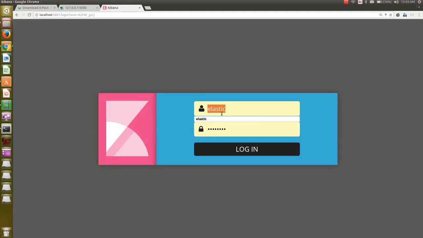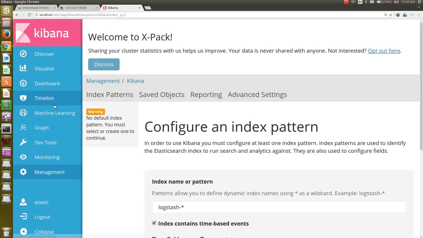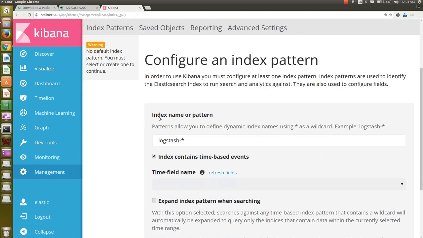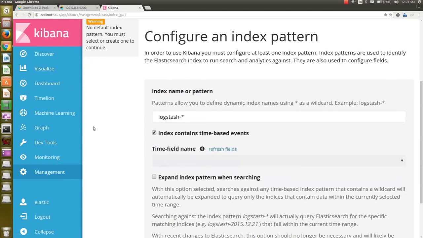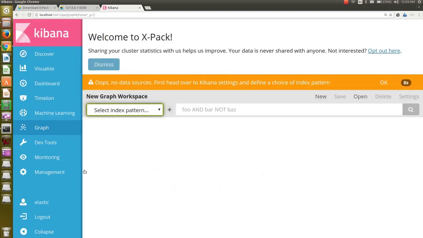This time the login screen pops up. The username is elastic and the password is changeme. I'll hit the login. It's loading. Here you go. Now you've got a lot of things: Elastic, some monitoring tools, graph, machine learning, dashboard, visualize. In visualize you can configure your index pattern and see the graphs, how the current system is behaving and all those things.